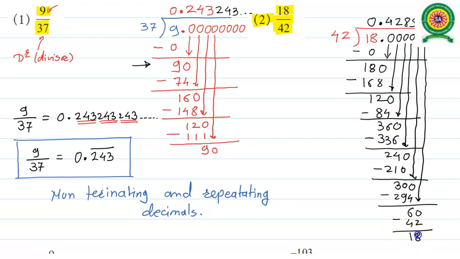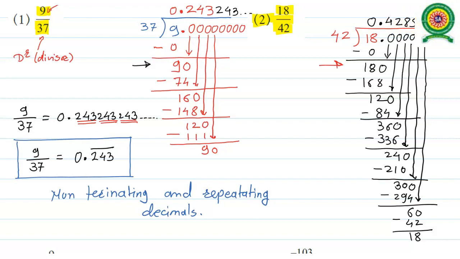So if we look forward, we have the same remainder as compared to the first step of the division. So that implies 428571, and after that again we have the same digits 4, 2, 8, 5, 7 and 1 in our quotient.